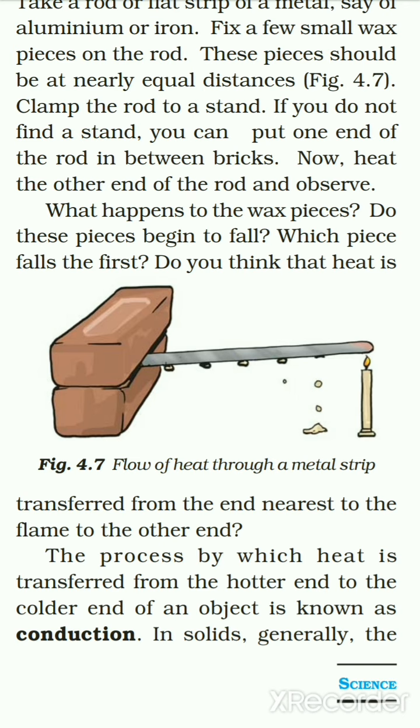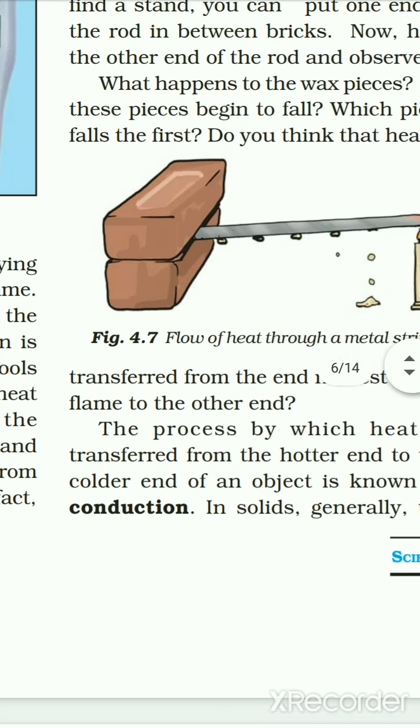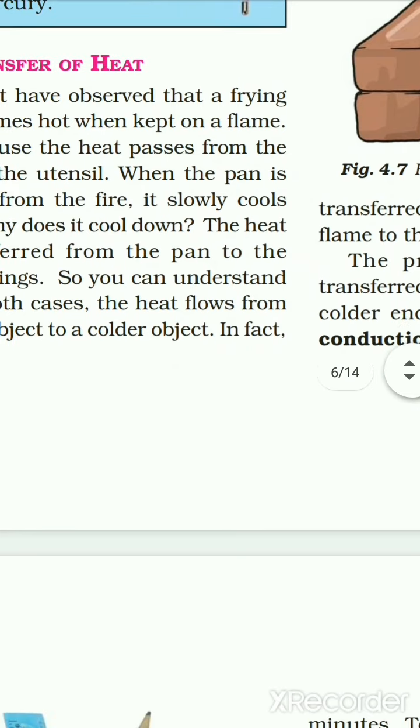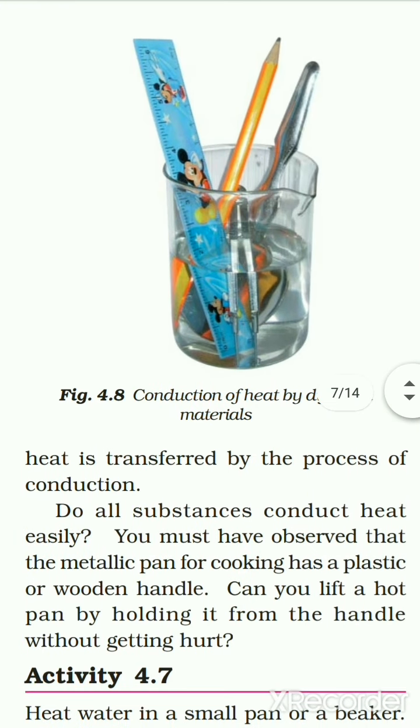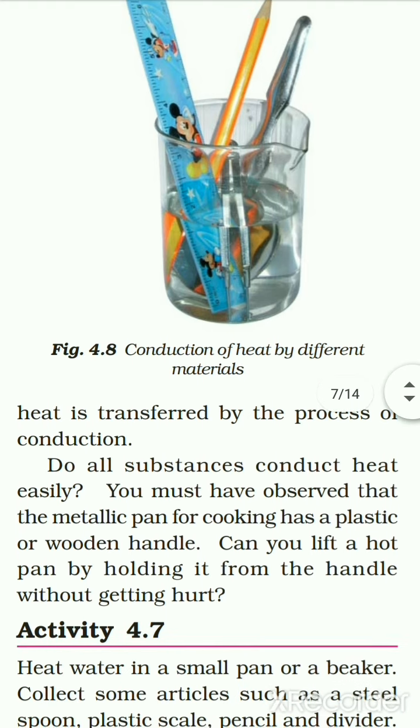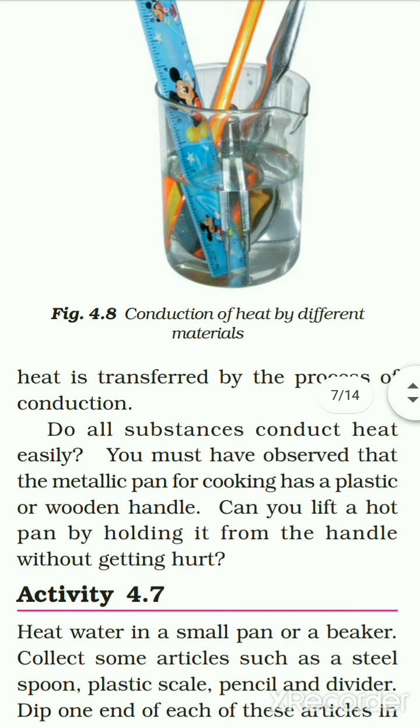And student, conduction is a property of solids. In solids, generally heat is transferred by conduction. This is very important, also for MCQs. So in solids, heat is transferred by the process of conduction.